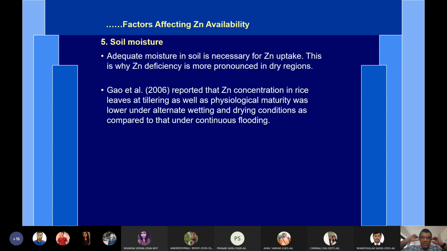Yeah, this point needs to be contested because theory generally says that flooding will decrease zinc availability. It is like this: under aerobic conditions, there is no shortage of zinc. There is no problem of zinc availability. We are dealing with direct seeded rice also, and in direct seeded rice, in many conditions, there is no response to zinc. So it is mostly a matter of flooded soils.